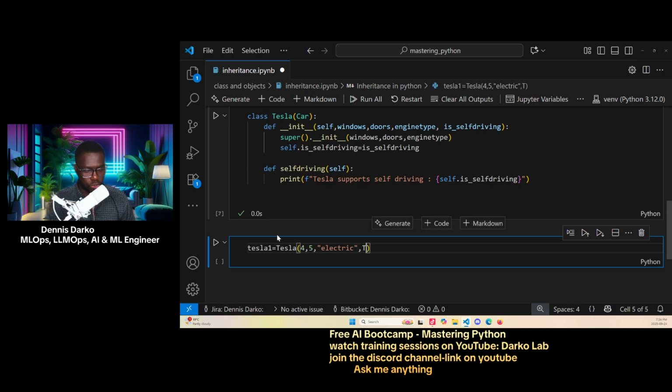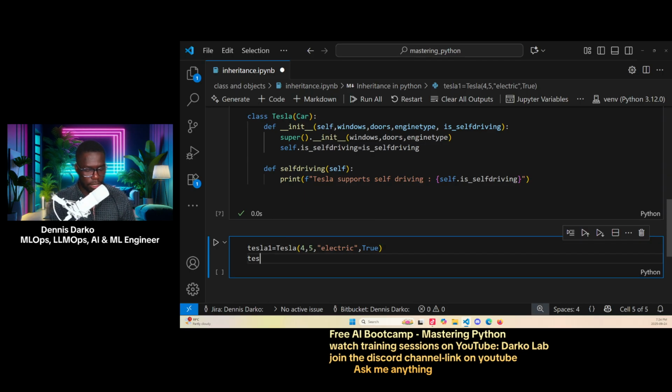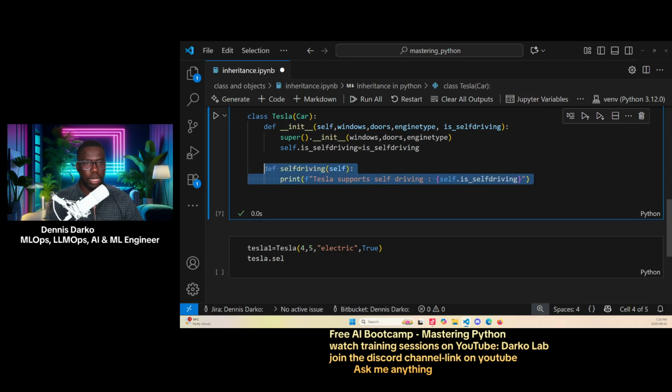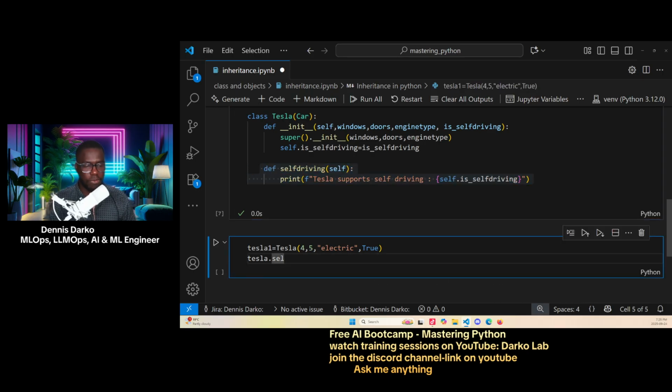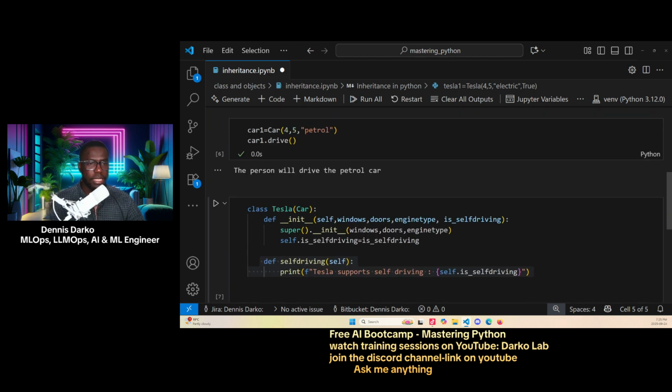So let's say it's true. Now if I run this, let's use the instance method as well. So when I say Tesla dot self-driving,